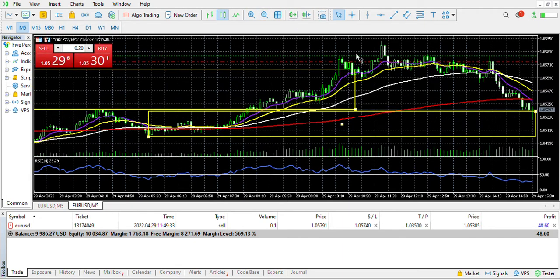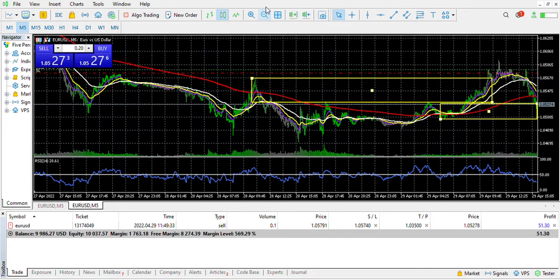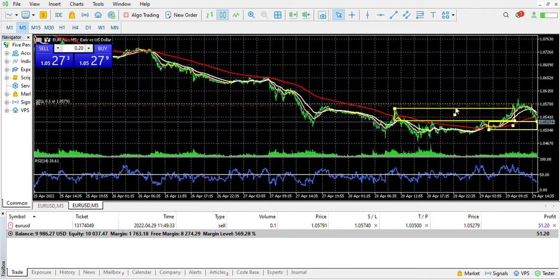So I think I took some losing positions here. When we got up into this zone here, and it pushed down to the 9 EMA here, pushed up again, and I saw a clear divergence this time on the RSI. I started entering positions, or I should have started entering positions around here. And the main reason for that isn't just because of the price action, it's because we had now entered a new,